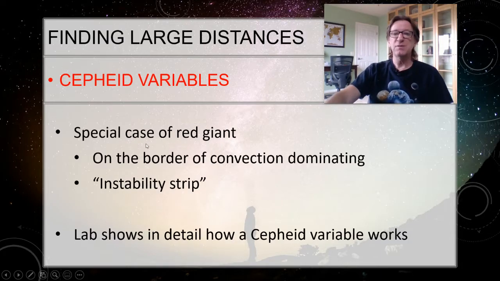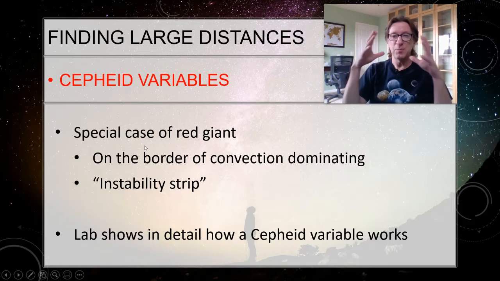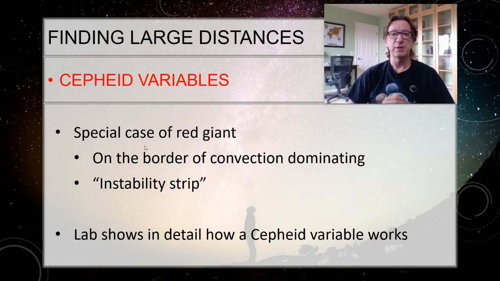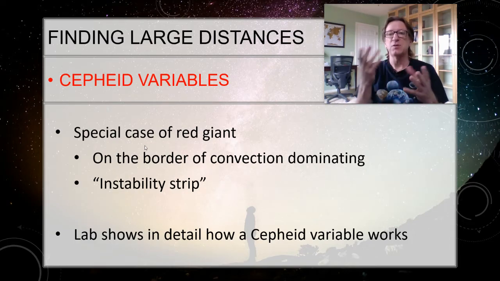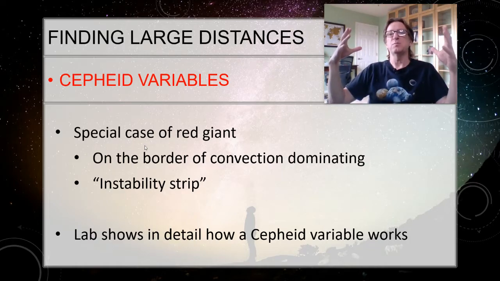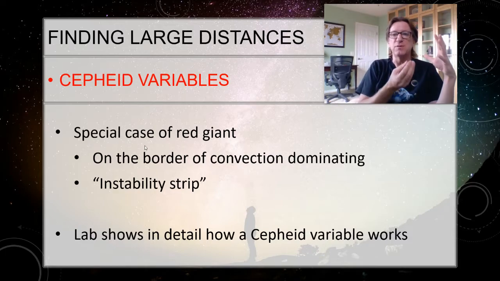All right, so Cepheid variables are pulsing, but not because they're about to become a planetary nebula. They're not about to just puff off their outer layers. Don't get confused with that. This is one that's right on the border between convection dominating and convection not dominating. Now, for most red giants, we get ash builds up in the core, convection takes over, blows up to a big size, and it just sits there fat, dumb, and happy until something new starts to fuse in the core.